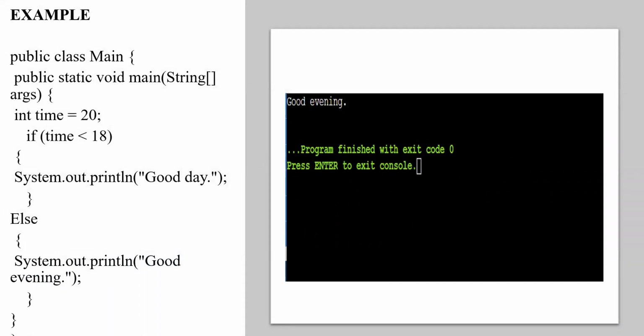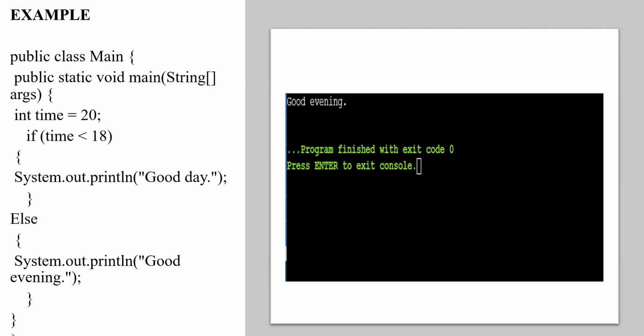So we can see now an example. We first use a public class and public static void main String args. Then we use an int variable and specify our condition, that our time is 20, and then we use the if statement and our condition is time is less than 18, then System.out.println good day.